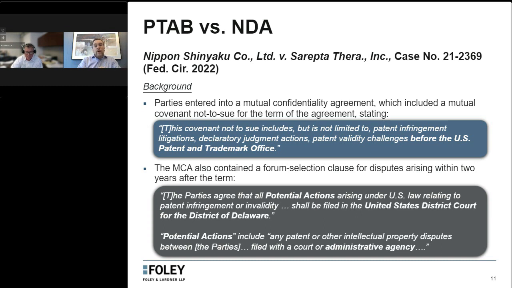And I emphasize that word filed there because it's something that was picked up on really at the District Court and at the Federal Circuit. It was past tense. So filed, it sort of implies that it's already been filed, and leaves a little bit of a question mark about what's really meant there, whereas you would think if it were sort of proceedings that would be contemplated, that it might not use the past tense there. So the first thing that happened is